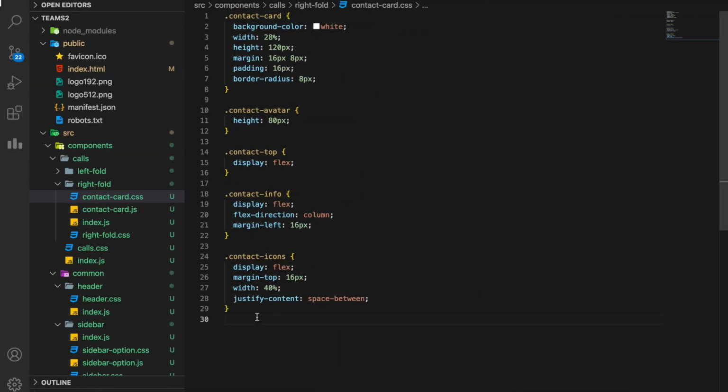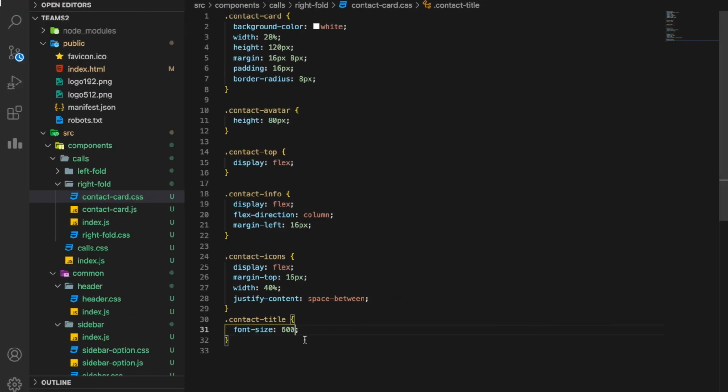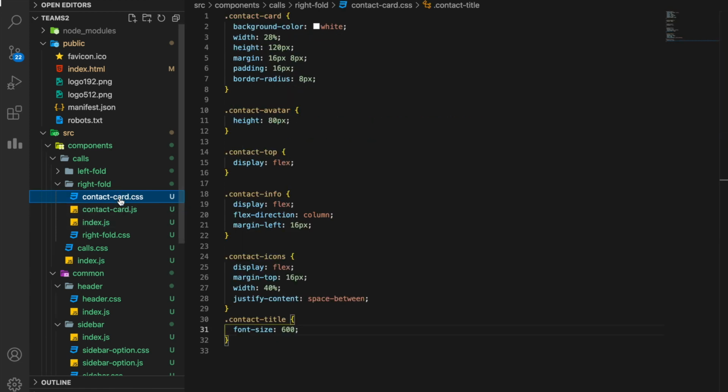Now I have to style the title and subtitle, and we are done here. Contact title. For the title I want a font weight of 600. It's slightly bold, and why is it not applied? Contact title, why is it okay? Sorry, this is font size, font weight.